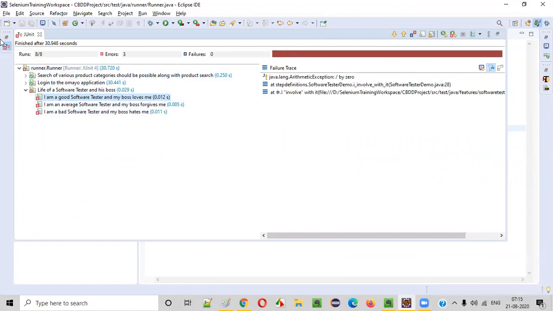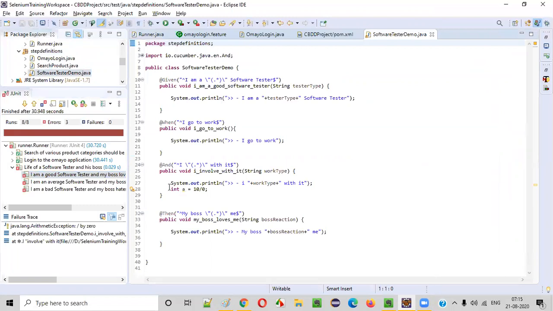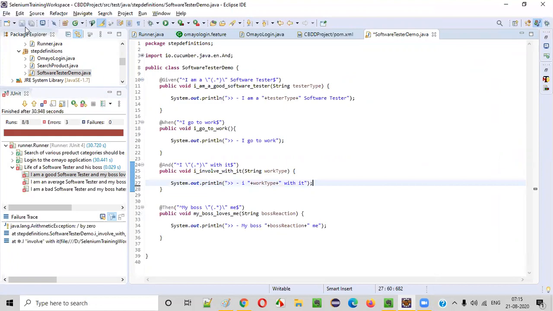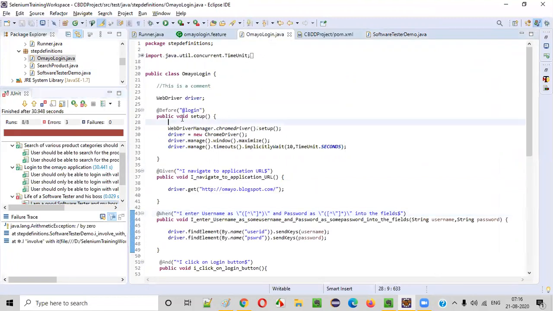So guys, yesterday we had given this divided by 0. That's why these are failing. That's okay. We'll go to the step definitions of software tester demo, where somewhere we put int a is equal to n by 0. So intentionally the scenarios will fail. Save this, that's okay. So if you see here, all the 6 scenarios in all the feature files got executed, and only for the required scenarios the browser has opened and closed, because we tagged